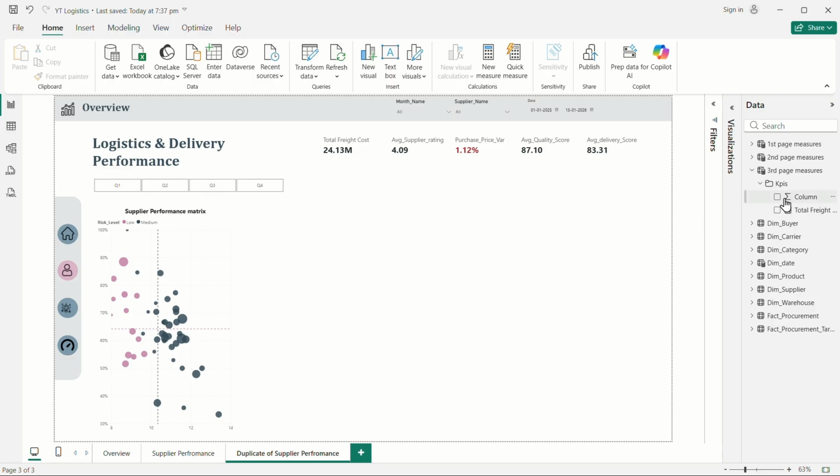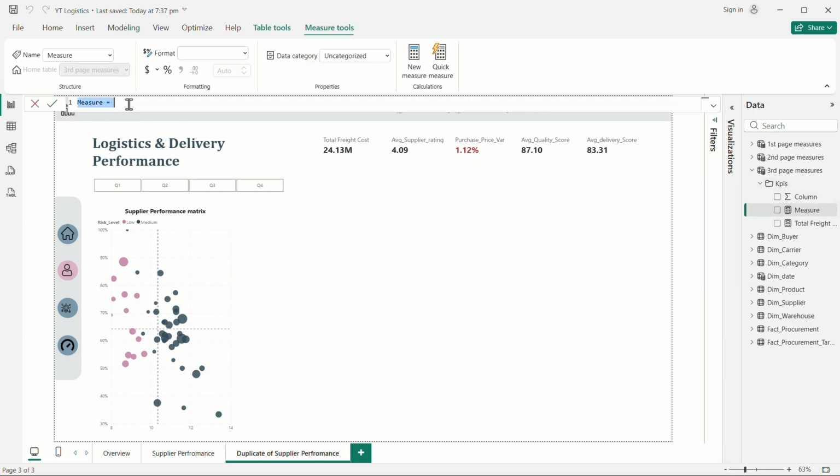Now we need a main measure, that is average transit time. Average transit time means how much time the shipment takes between the dispatch date and the delivery date. After getting dispatched, how much time it is taking to reach the destination, not from the order date. Okay, we need it from the dispatch date. So new measure. This is an important KPI, so pay attention here. We'll say average transit time equal to